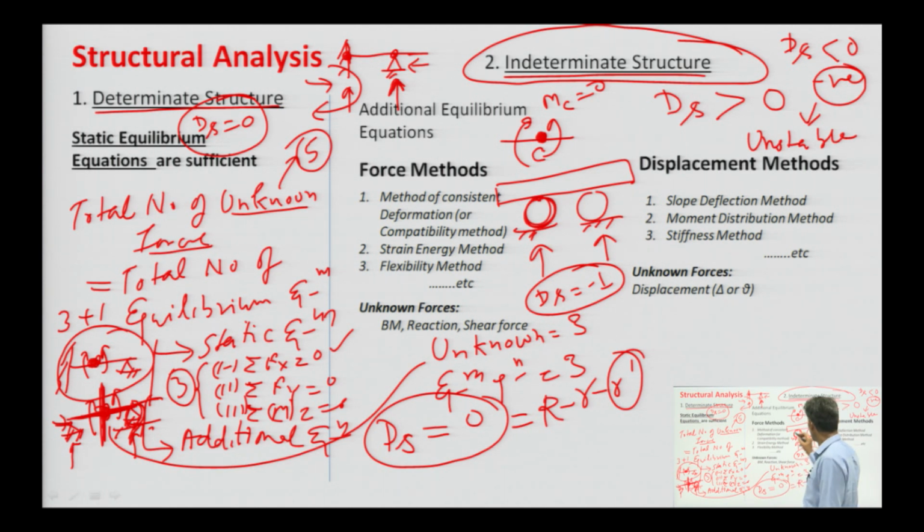Why is it unstable? Because when you apply a horizontal force here, then that part will slide over that. So, it is not a structure, it is unstable. A structure is said to be a structure if it is stable. An unstable structure does not have any meaning. Okay. So, these are the indeterminate structures, right.